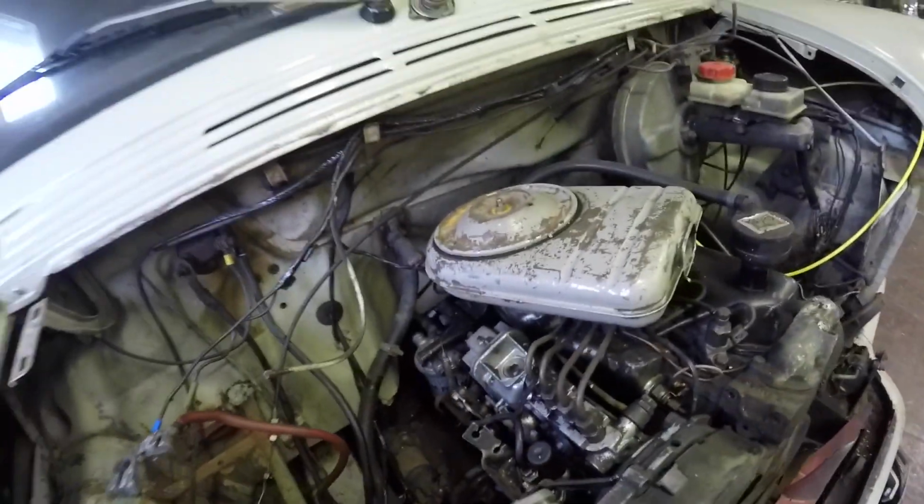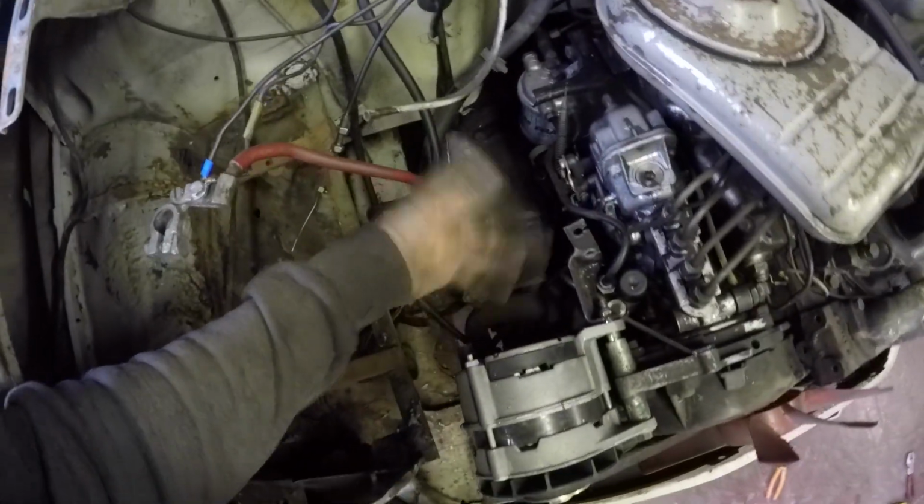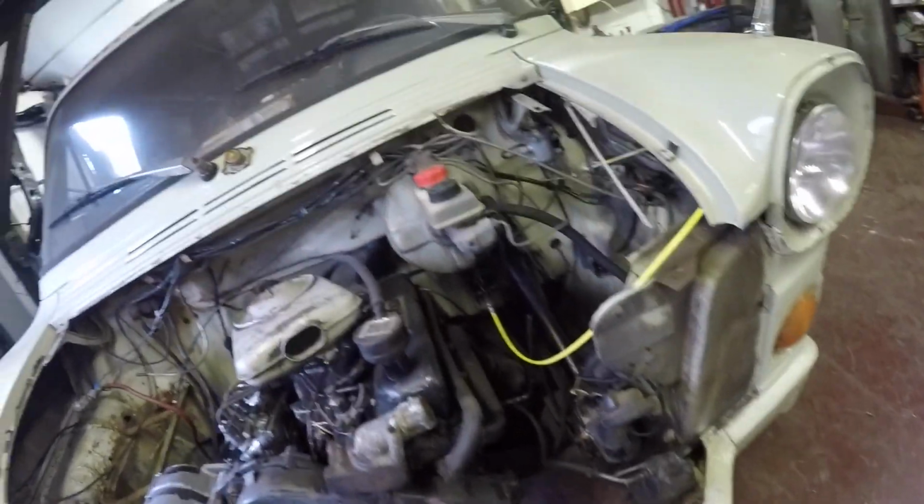Can get things a bit better now. Took all the accelerator cables off and the cold start cables, starter motor, alternator cables, just pop off dead quick. Just fuel lines and a few other cables and that now, and then exhaust and start on the mounts, and the gearbox. I think the easiest way is to split the engine from the gearbox and lift it out